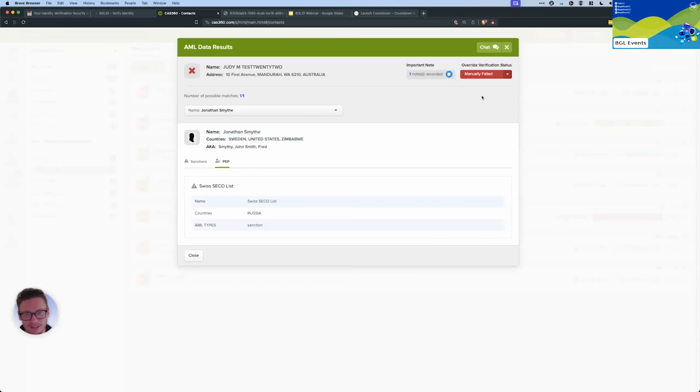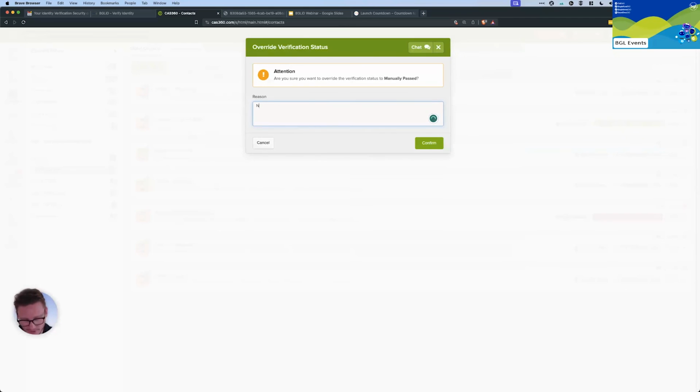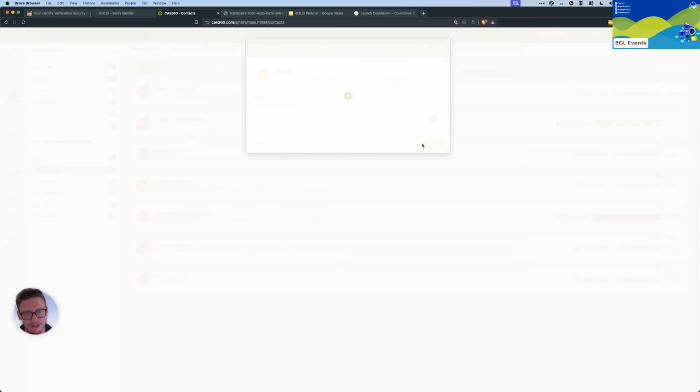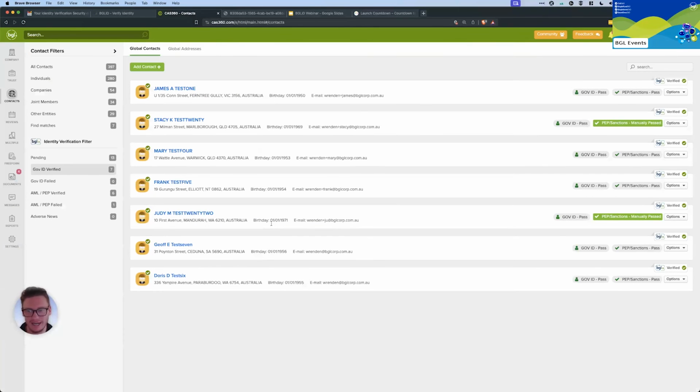Now, if they are considered a false positive, all you need to do is click and select manually passed, and you can put in a note here. No, name does not match. Put in a bit better detail there, but I can click on confirm, and that will update that status now to manually passed. And if I click on close, I can now see that Judy has been passed